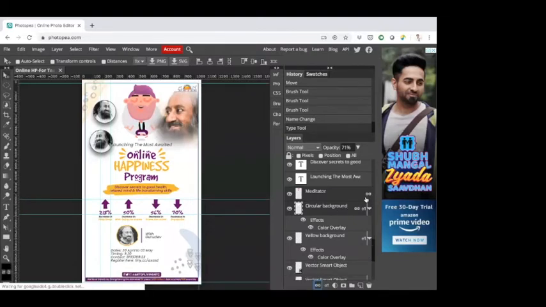If you click that, those two will get linked. You can see the link icon has come. Now if I try to move it, it won't move from the position. Now when I move down, you can see that this layer is below the online happiness program layer, which is why the online happiness program is coming up.